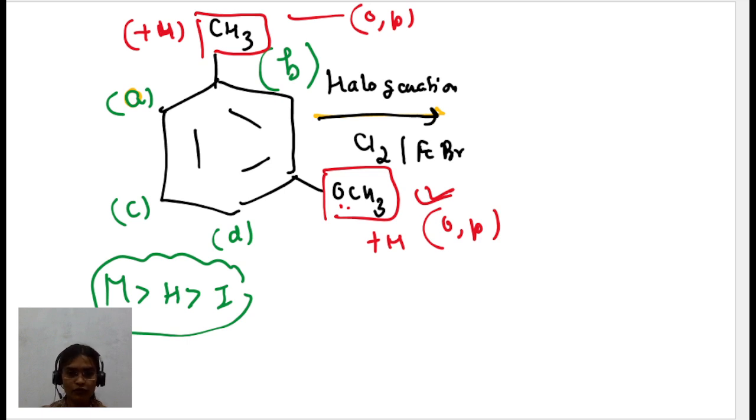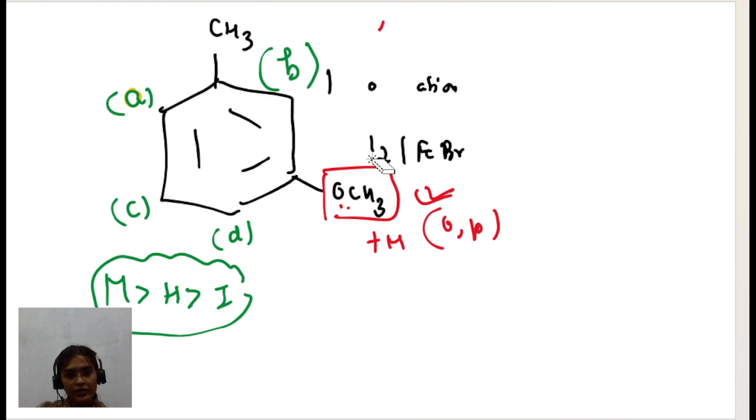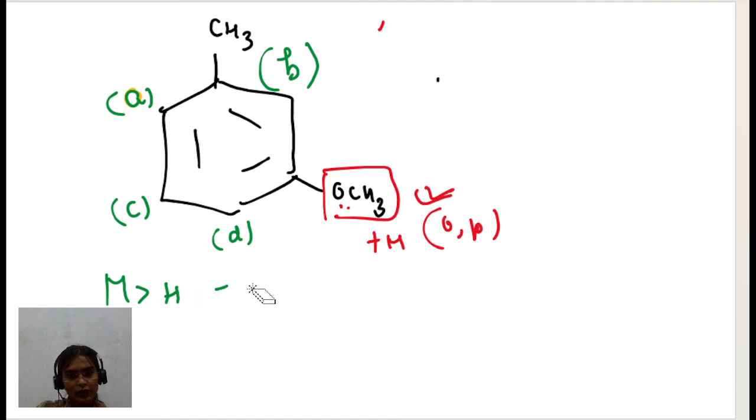Okay, so let's move further. No, no, I said plus H. Okay, I'm sorry. It looks like M, but it's a plus H. I'm not saying it's a plus M. Plus H and plus M are both deciding factors for the ortho and para direction. So remove this, it is not the deciding factor. Let me just erase this. Okay, so with respect to this,